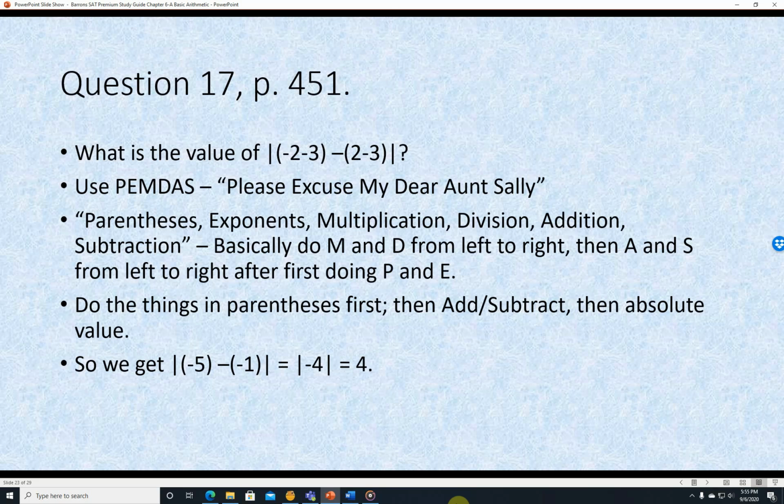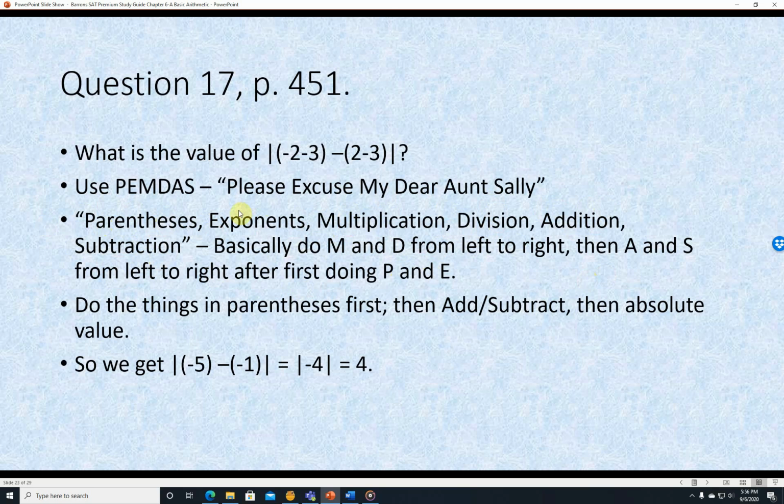Parentheses, exponents, multiplication, division, addition, subtraction. So please excuse my dear Aunt Sally. Get it? So when you do that, you want to do multiplication and division from left to right, and you want to do addition and subtraction from left to right. It's not do all the multiplication, then do all the division, then do all the addition, then do all the subtraction. These two go together, multiplication and division, and addition and subtraction go together. But I digress. We really only just need to use parentheses and exponents, and okay, I guess fine, subtraction and